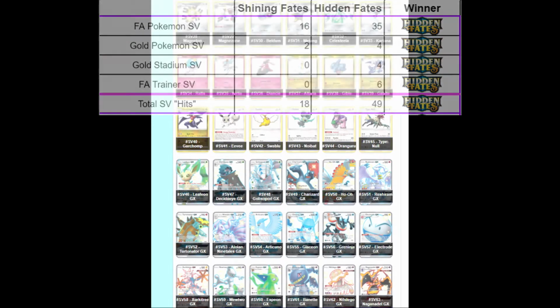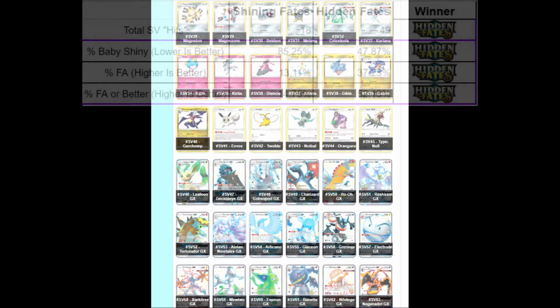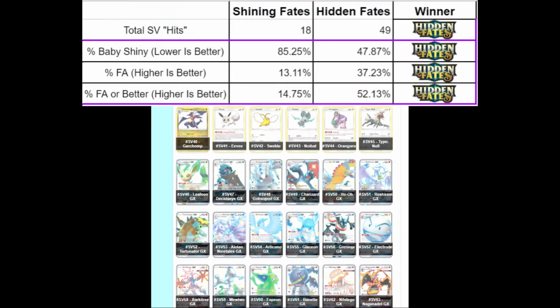Finally but not least, let's just do some high-level percentages. Obviously, for baby shiny Pokemon, while they're fun, I don't necessarily think they're the true hits of the Shiny Vault. When people roll into these sets, you're looking for the Charizards, you're looking for the full art cards. So I think it's unfair to say that baby shinies are a good thing. Technically, you'd want less of them, because the less of them there are, the more diverse the overall Shiny Vault